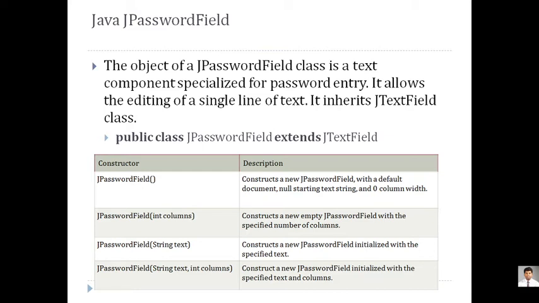So JPasswordField is again extended from the same. See the definition, it is created from your text box. It has been inherited from your text box. So it will have features just like a text box, but with some limited changes. So we'll find there are 4 constructors of this. You can set a column, that is how many characters should be displayed. You can set by default a string on your password field, and you can set a default field with some size. So if you are setting column, the integer 8, only 8 characters will be visible on your screen, but it will accept more characters, though only 8 will be visible on the screen. You have to keep this in mind.